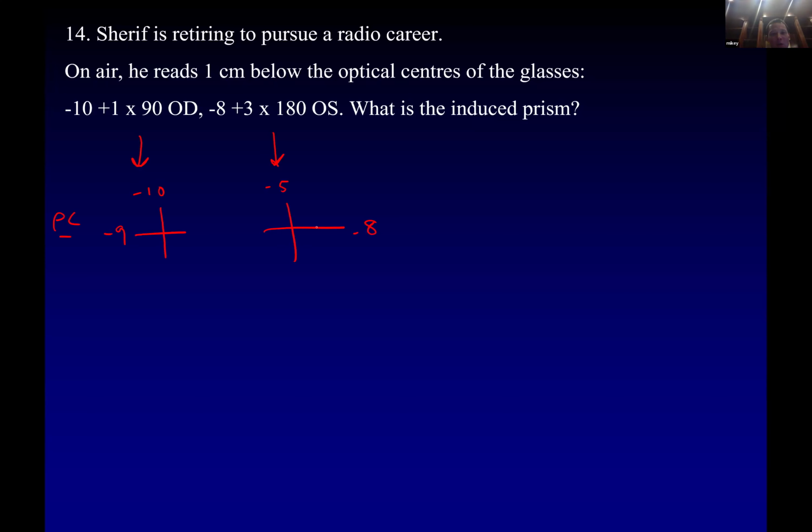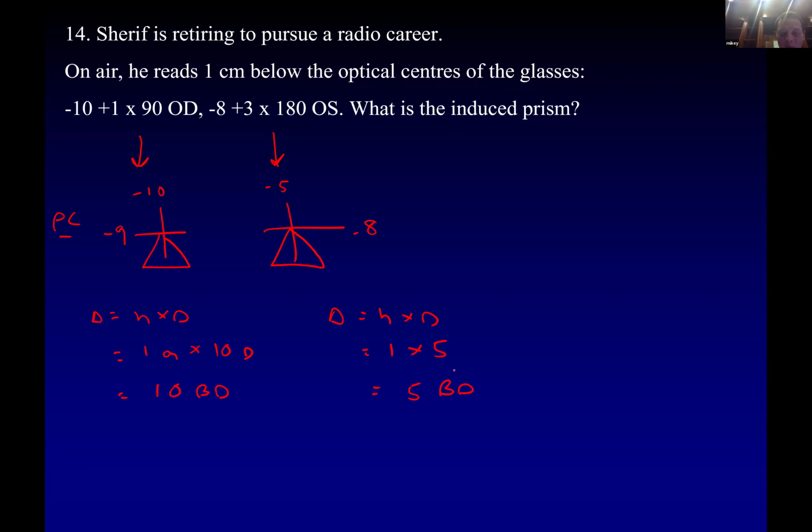Now, once you get there, I'm asking, where am I relative to the optical center? In this case, I'm below. So I'm going to draw that. This helps me again. I'm going to draw the prism in to see what it looks like. And now I can throw away the horizontal power. I don't care about that because I'm only going up and down. And so I use the -10 in the right and the -5 in the left. And the induced prism is equal to H times D. So in this case, it is 1 centimeter times the power of 10 diopters is equal to 10 base down in the right. And in the left eye, H times D, 1 times 5 on this side is